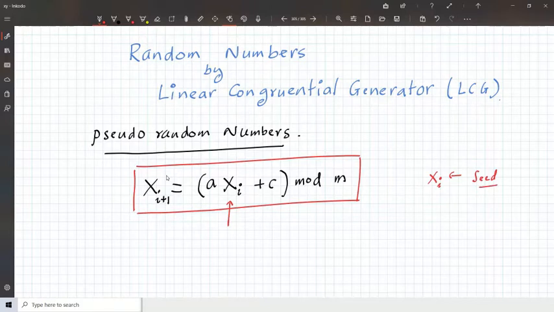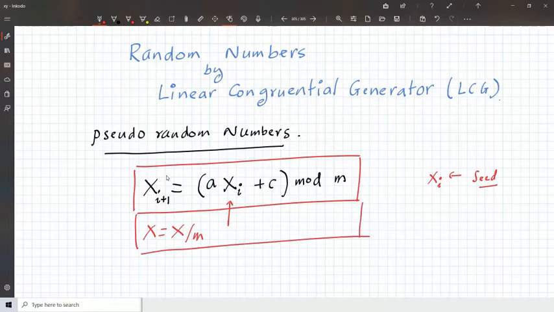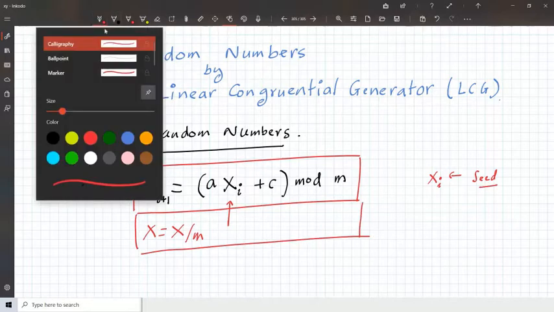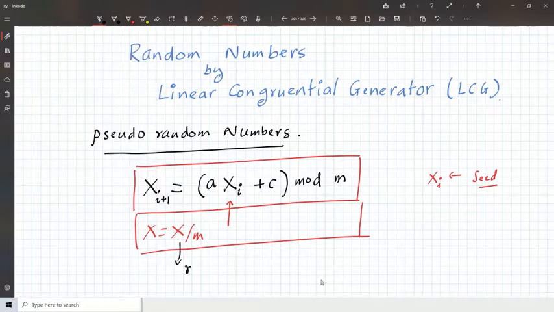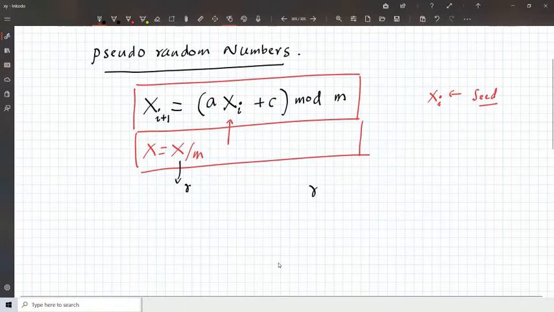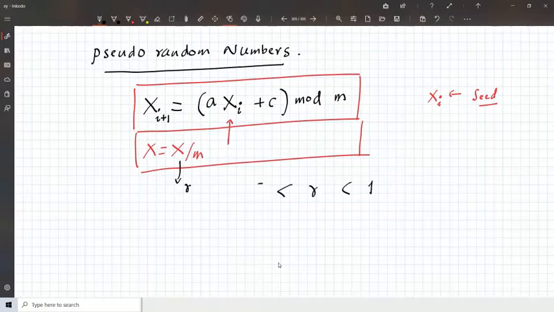So the random numbers are between 1 and m. But in the next step, if I take x divided by m as a new value, if I add this line, then the random numbers, say for example r, are bounded between 0 and 1.